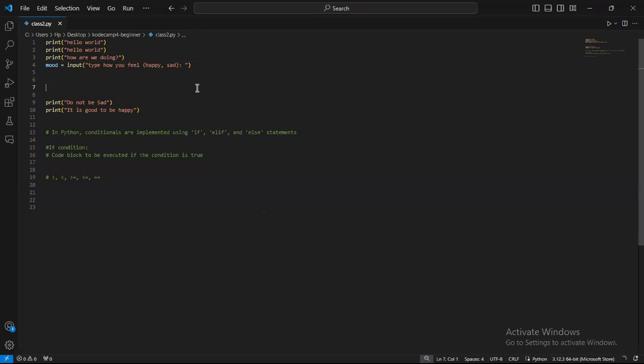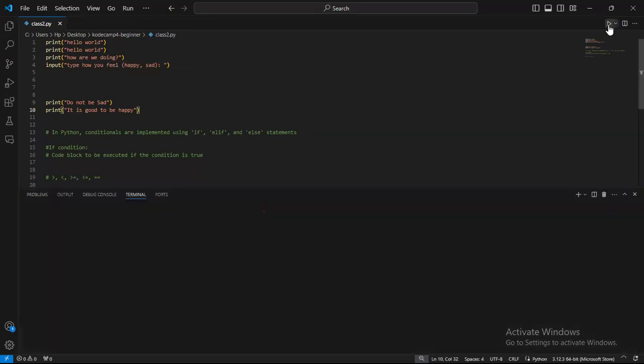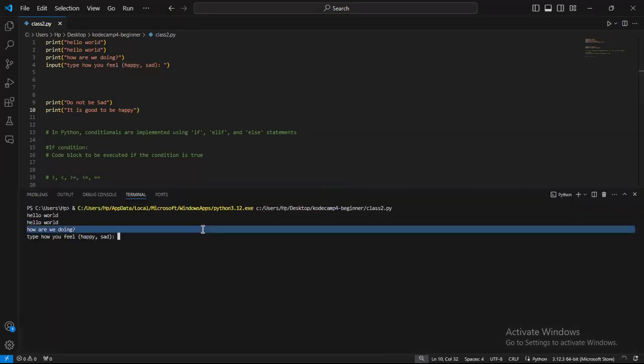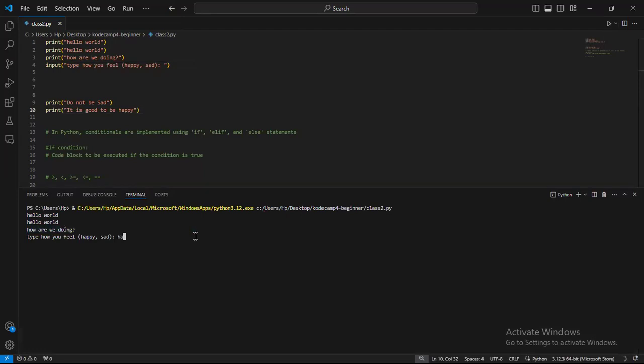Okay. Now we have the input value there. Let me leave that for now. We have the input value there, right? Now, assuming I execute this and then I type in, let's say, happy, right? Now, the whole